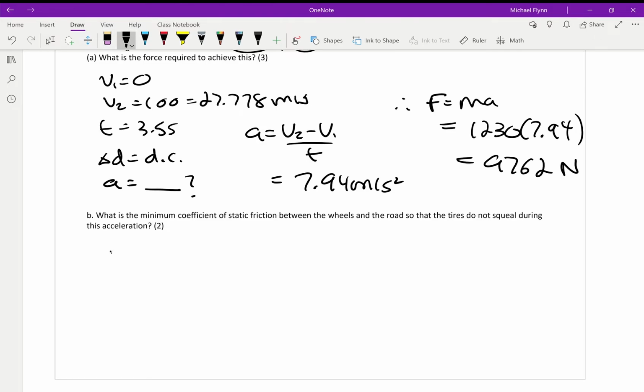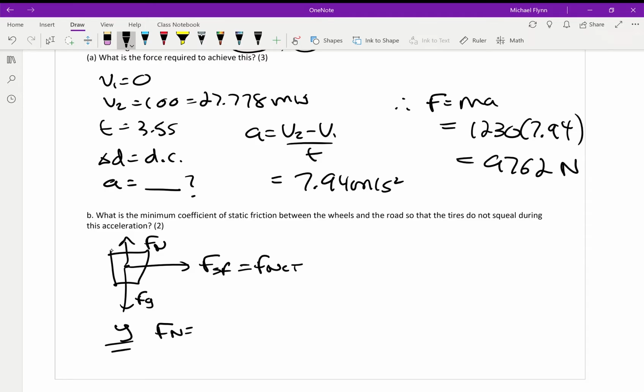Okay. Now, what's the minimum coefficient of static friction? Well, here's the deal. If you draw a free body diagram of the car, see what makes cars travel in the first place is actually an effective force of static friction between the tires and the road. And so this is your net force, okay? Now here's the deal. In the y components, you're going to get Fn equals mg, okay? So that's because the vertical forces cancel. Now in the x direction, let's do it here, your net force is just equal to the force of static friction. That's it. So Ma equals mu